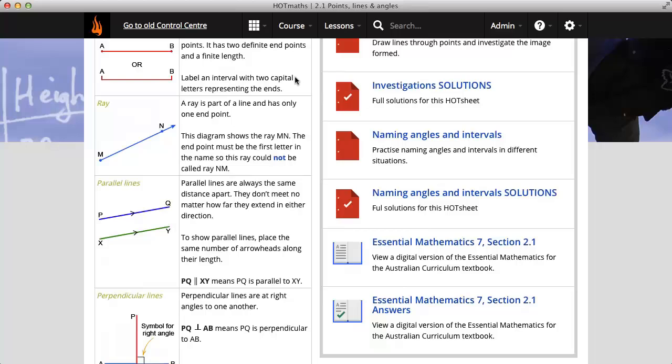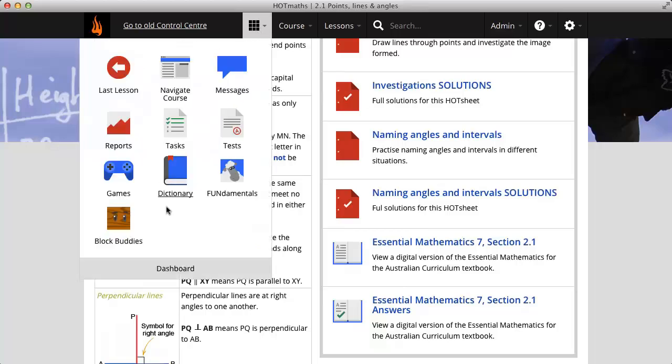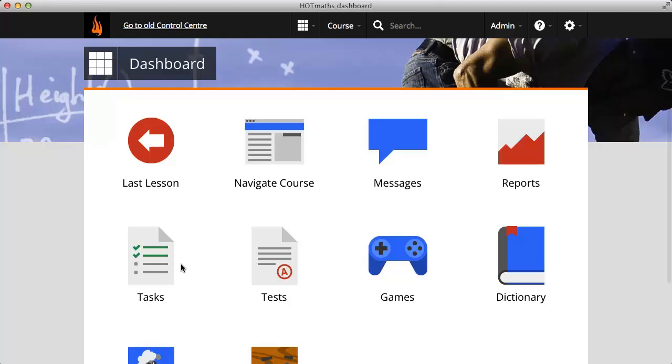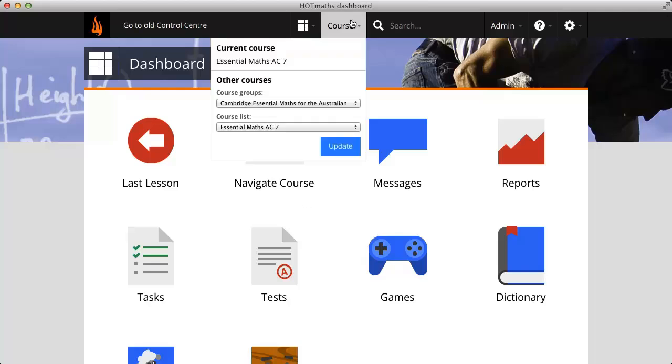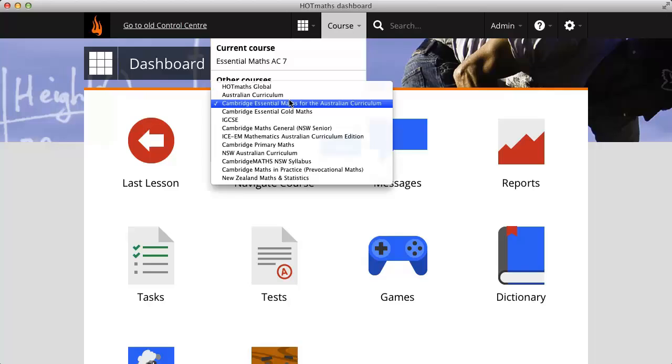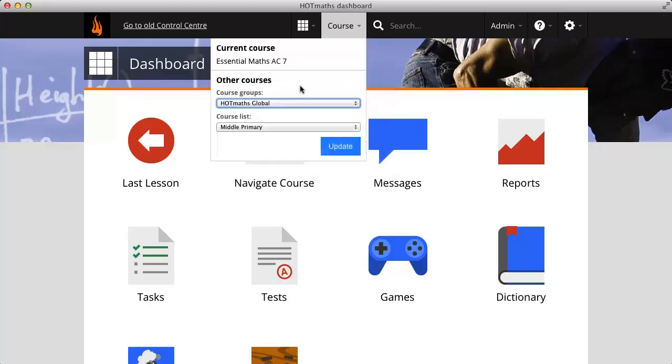Alright, now I'm going to go back to our dashboard here, and I'll show you through the student resources. Now, I'm going to have a look at just a generic course rather than one that's matched to the textbook, and I'm going to choose HOTmaths Global just because that's our broadest possible course, and I'm going to have a look at something from middle secondary. So I'll just update my course preferences there,